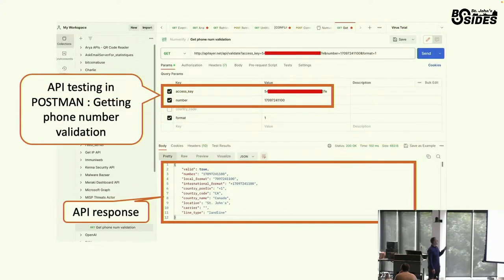Good question. So how do we do this through Postman? Just a regular GET with the phone number, and then we get the information about that phone number right away, right? And then we can parse all the information and use it as we want within our investigation.